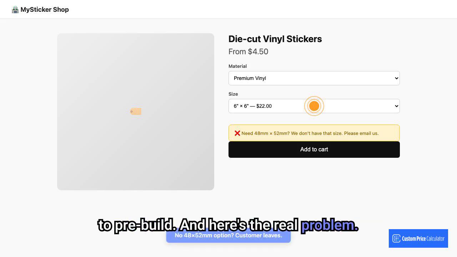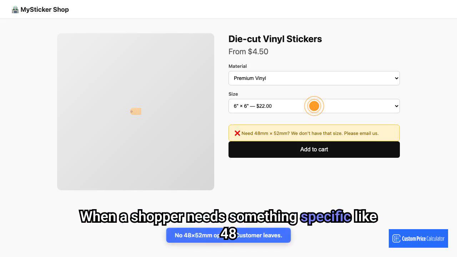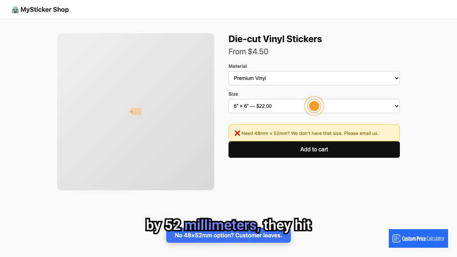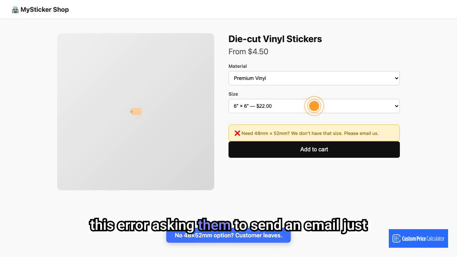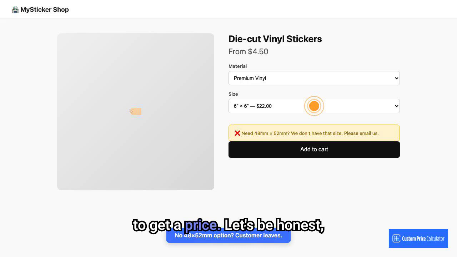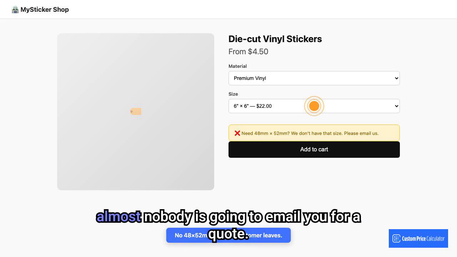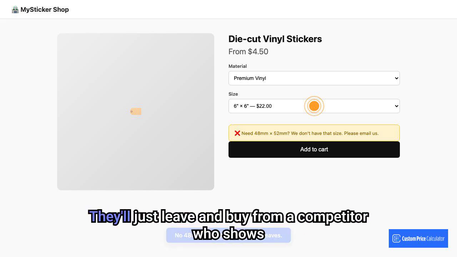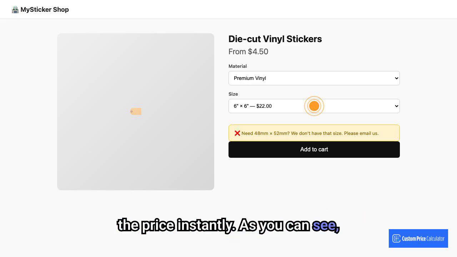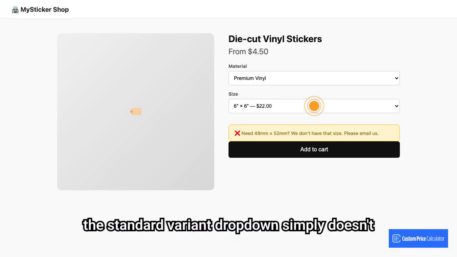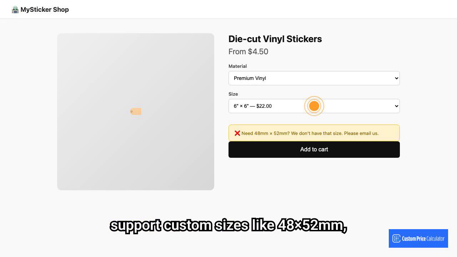And here's the real problem. When a shopper needs something specific like 48 by 52 millimeters, they hit this error asking them to send an email just to get a price. Let's be honest, almost nobody is going to email you for a quote. They'll just leave and buy from a competitor who shows the price instantly. As you can see, the standard variant dropdown simply doesn't support custom sizes like 48 by 52 millimeters, causing customers